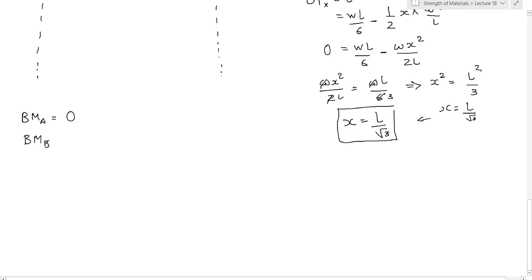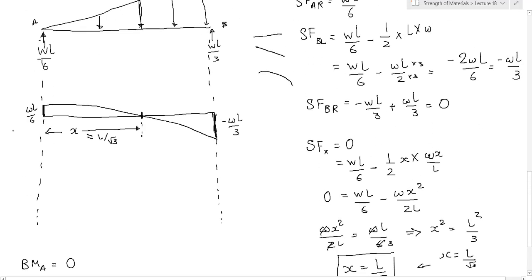Now you just have to understand. See, to the left of A, there is no force. To the right of A also, there is no force. So bending moment at A is going to be 0 and bending moment at B is also going to be 0. There is no doubt about that. But there will be some change in bending moment now because of all these forces.